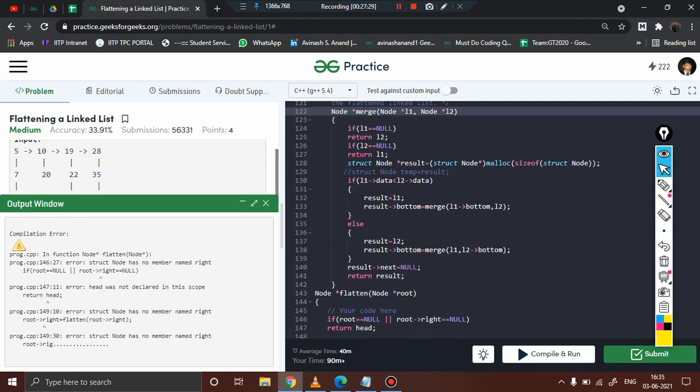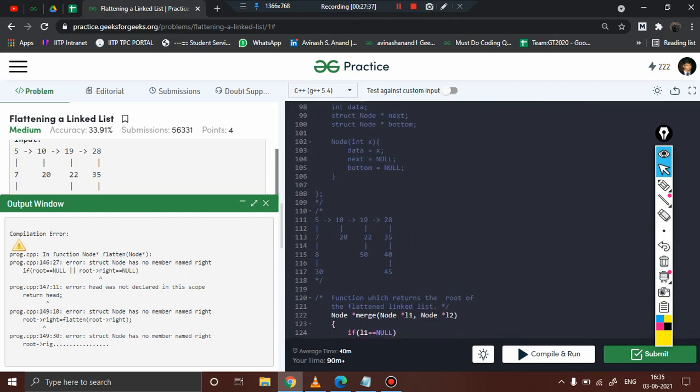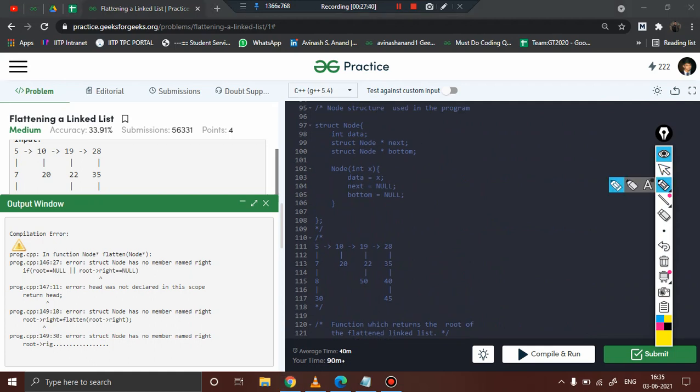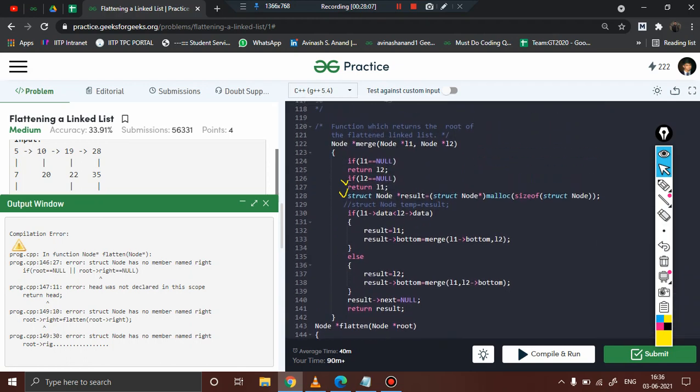Root right. Okay, actually it is root next, isn't it? Root next. Why next? Because here in the structure of the node, you see they have used next and bottom. Since it is to the right, I am just saying right, but it is not the code. You have to write root next. Wherever you have written right, you have to write next, because the structure definition that they have followed here uses next. The concept is the same, only because they have declared it as next instead of right, so I am writing next. Anything else?